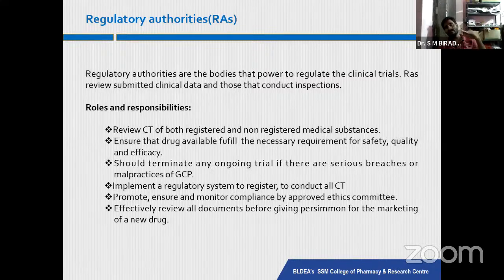They should direct all the clinical trial personnel to stick to the rules and regulations. They have the authority to tell them, otherwise they will cancel it. These are like inspectors. As our academic institutions are inspected by the PCI, Pharmacy Council of India, like this for clinical trials, these are the inspectors.